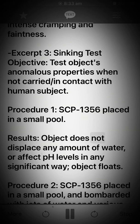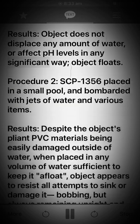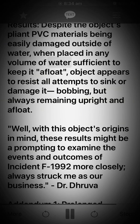Results: object does not displace any amount of water, or affect pH levels in any significant way. Object floats. Procedure 2: SCP-1356 placed in a small pool, and bombarded with jets of water and various items. Results: despite the object's pliant PVC materials being easily damaged outside of water, when placed in any volume of water sufficient to keep it afloat, object appears to resist all attempts to sink or damage it, bobbing, but always remaining